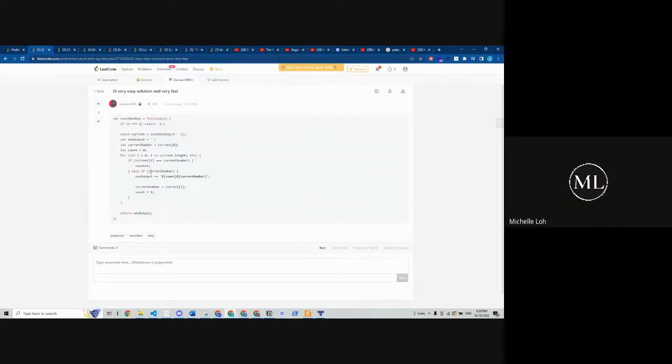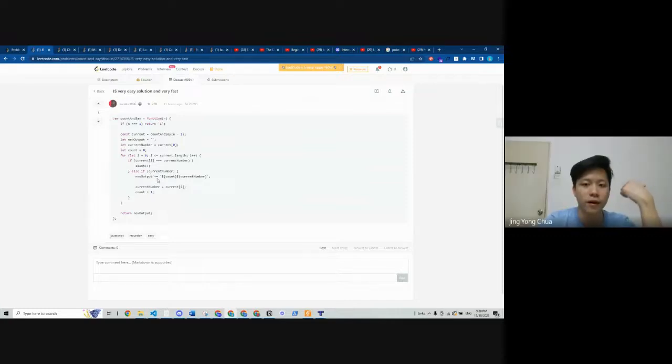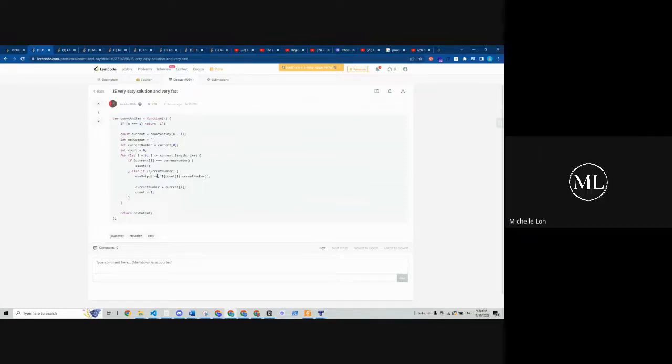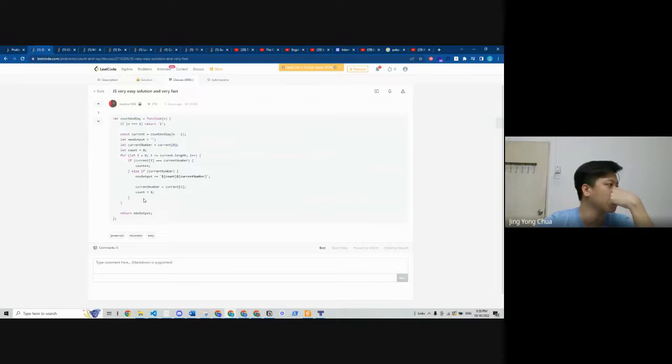Like Fibonacci was calling itself back one, right? So return new output. Okay, let's just understand this and then we move on to another question instead.